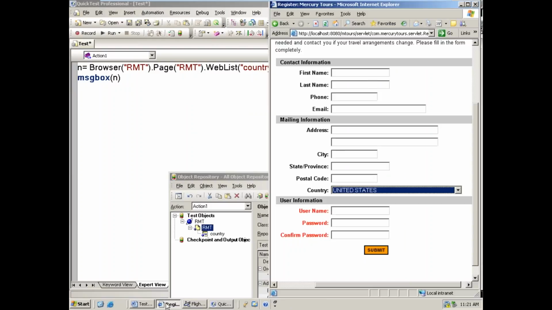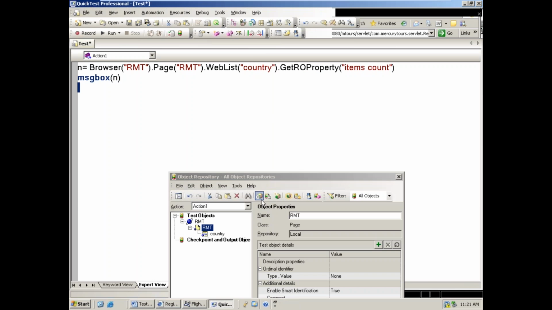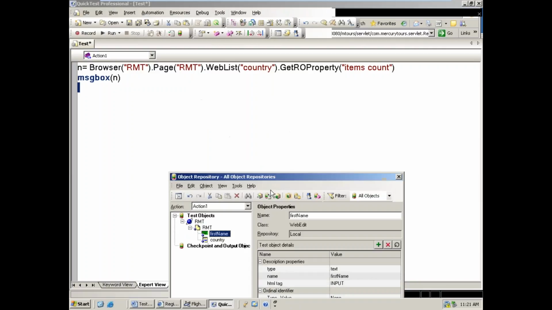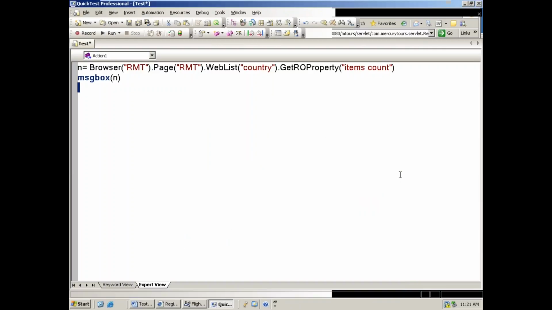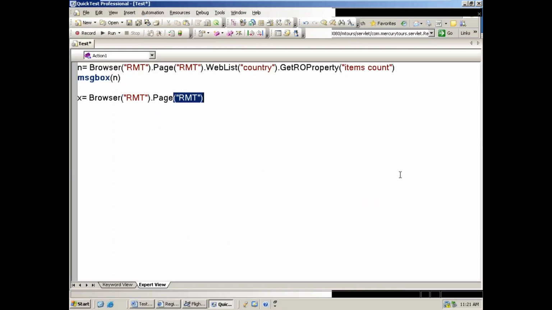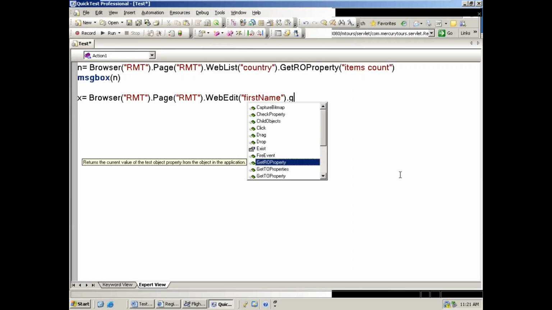Now here I have some value, first name I gave as Smith. This value I want to read. How can we read it? So I can add this name edit box information into the object repository. Then x equals Browser of browser name dot Page of page name dot WebEdit of first name dot